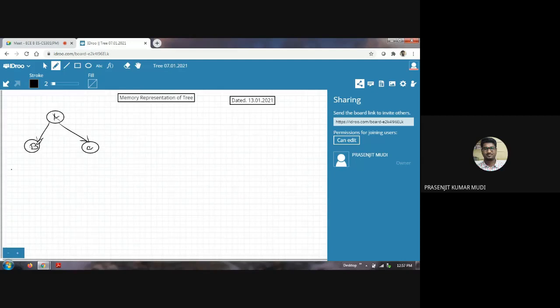The left child is B, the right child is C, and we want to construct this simplest complete binary tree using a single linked list.